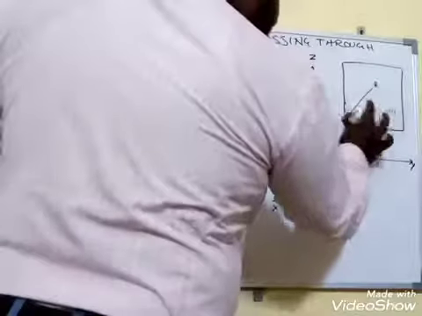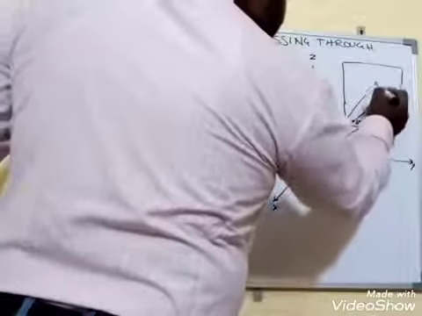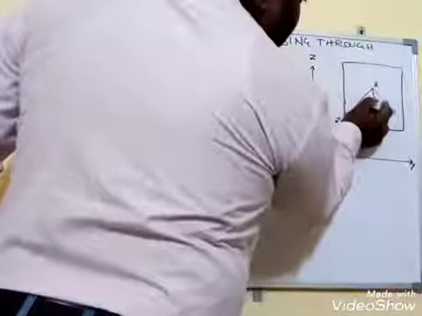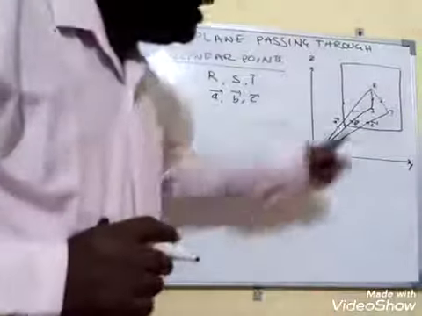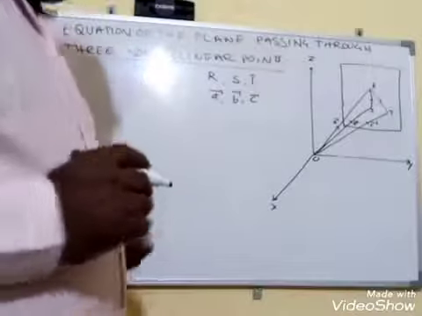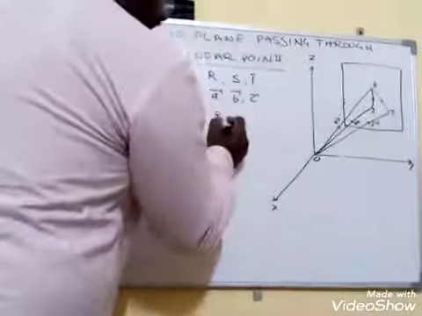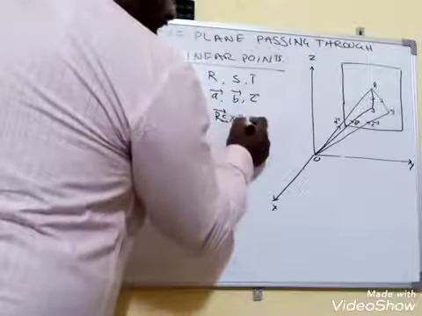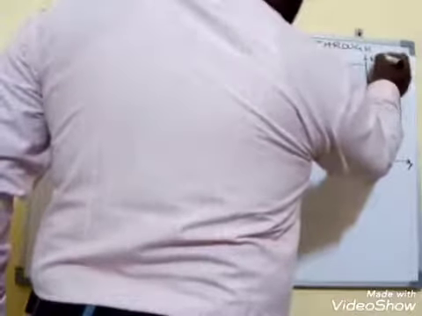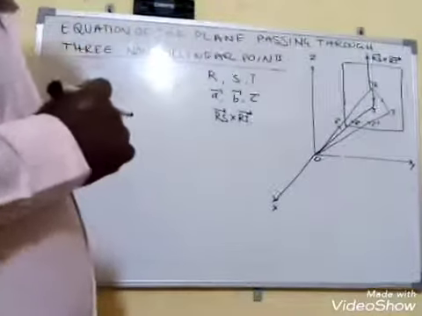Now where is the RS vector here? Observe, here is the RS vector and this is the RT vector. Both the RS and RT vectors lie in the plane. Therefore, RS bar cross RT bar is perpendicular to this plane. That is nothing but the normal of the plane. Now this one is perpendicular to this plane. What is this one? This is RS bar cross RT bar. This is the normal, perpendicular to this plane.